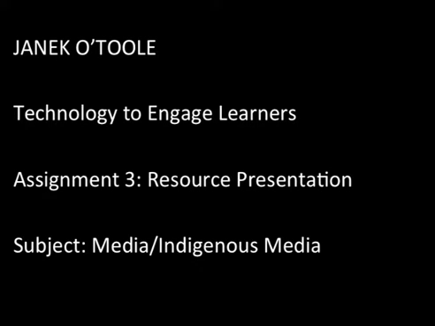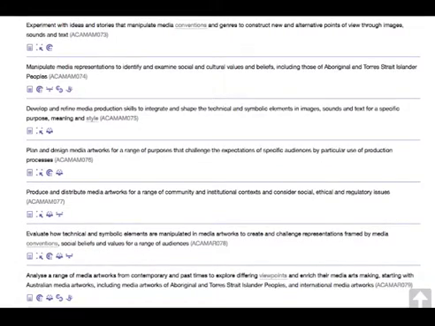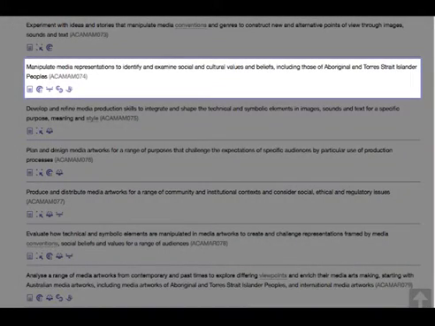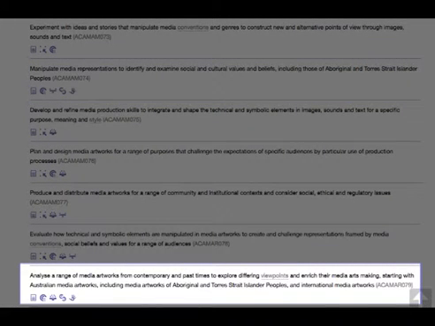In this video, I will examine the way 3 websites integrate with Year 10 Media Studies content. In particular, students' opportunity to manipulate media representations to identify and examine social and cultural values and beliefs, including those of Aboriginal and Torres Strait Islander peoples, and analyze a range of media artworks from contemporary and past times to explore differing viewpoints and enrich their media arts making, starting with Australian media artworks, including media artworks of Aboriginal and Torres Strait Islander peoples. Finally, I will introduce a new website concept, which improves upon what these sites have to